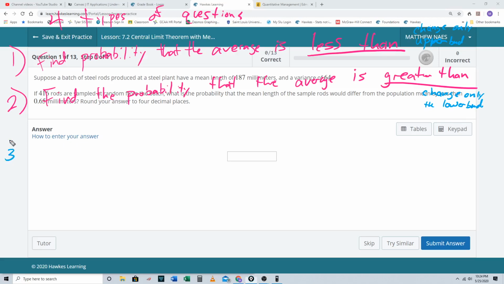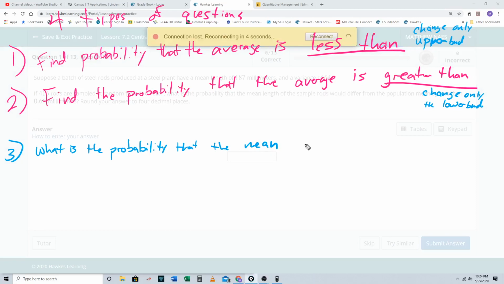So number 3, what is the probability that the mean, dot dot dot, whatever we're trying to sample,